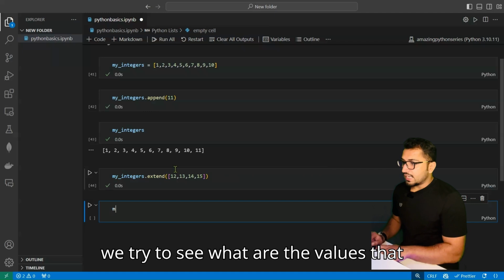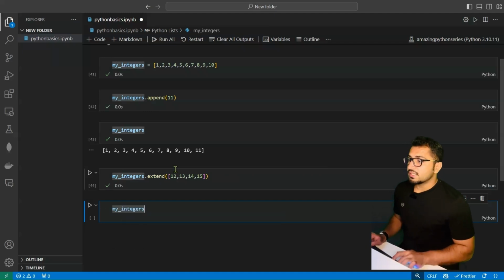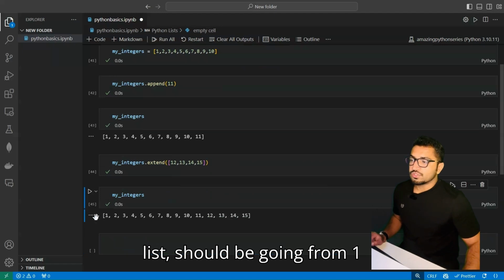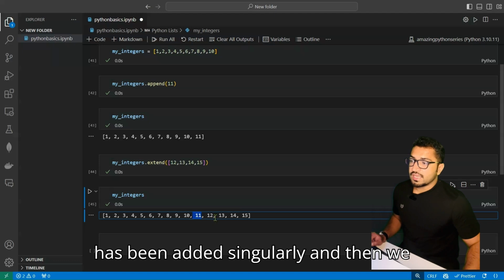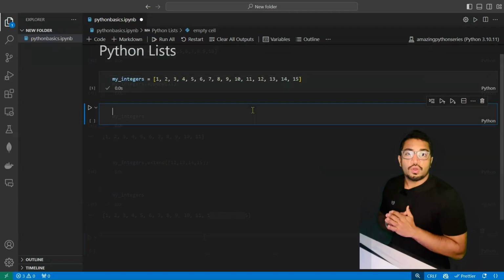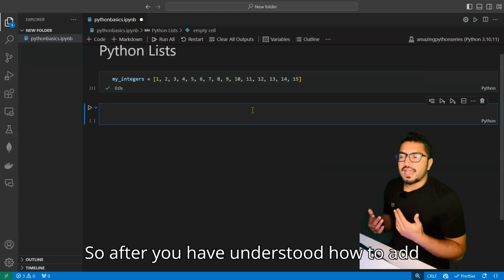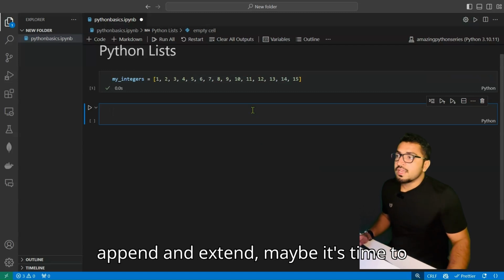So now if we try to see what the values are inside my integer list, it should be going from 1 to 11, 15. So 11 has been added singularly, and then we added 12, 13, 14, and 15. So after you have understood how to add values to our list with the help of append and extend,